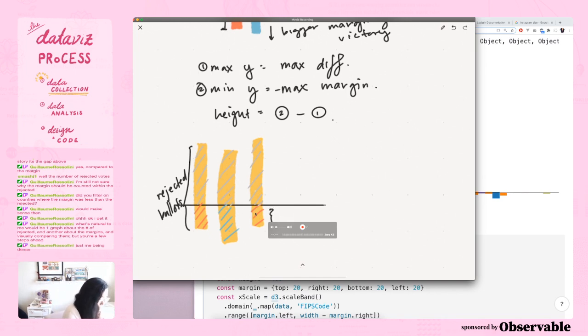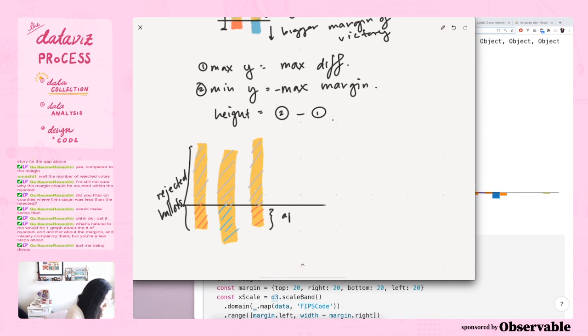If you apply some rejected, let's pretend these rejected votes were actually